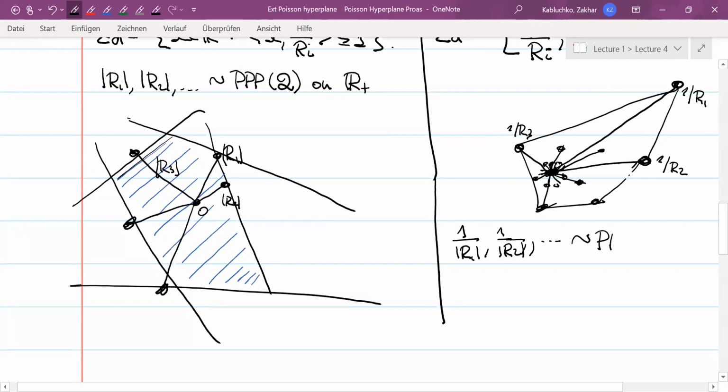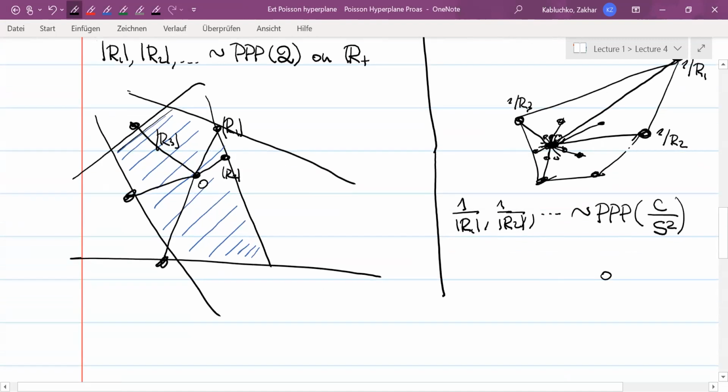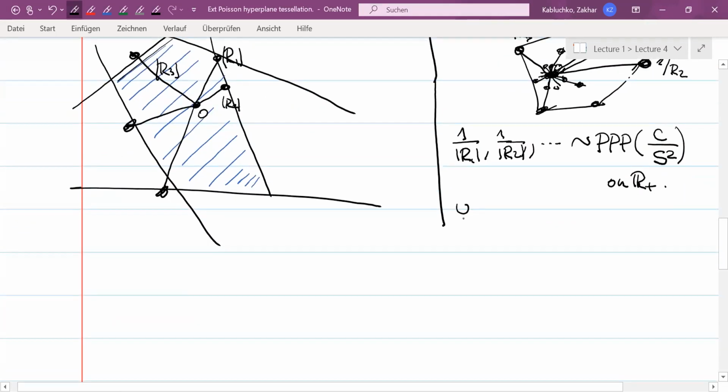It is a Poisson point process with a constant over, it's even 2, by the way, but it doesn't matter, over s to the power 2 on the positive real line, on R plus. It's just the image of the Lebesgue measure under the transformation x goes to 1 over x. And then phi_1 over R1, phi_2 over R2, and so on, or maybe even without the signs, this doesn't matter,